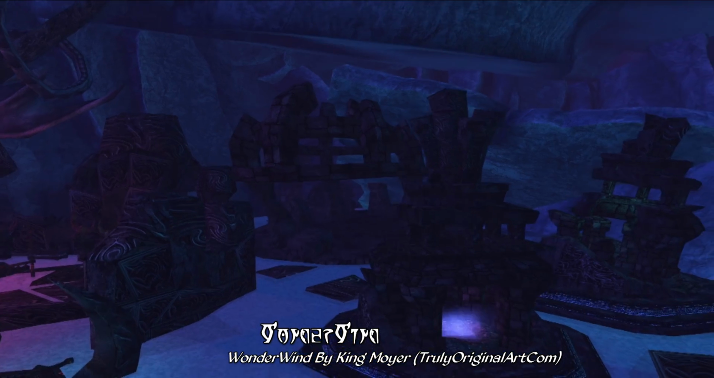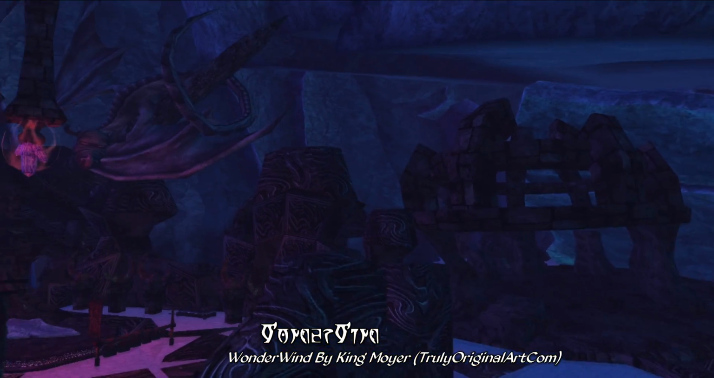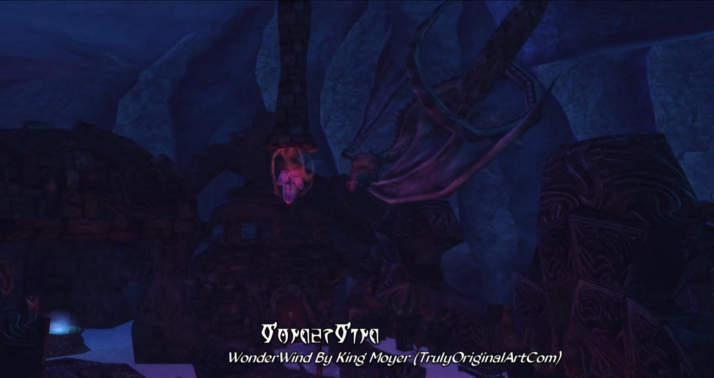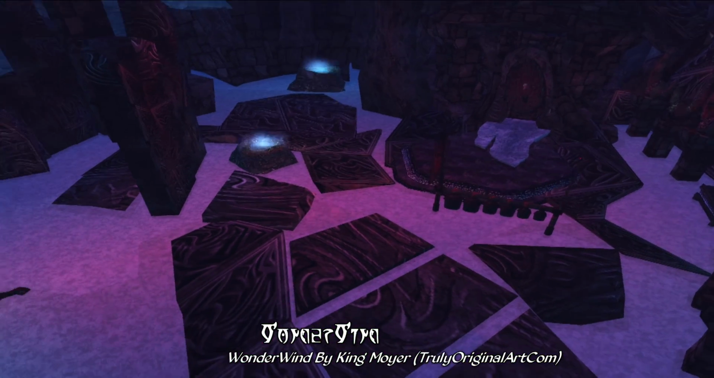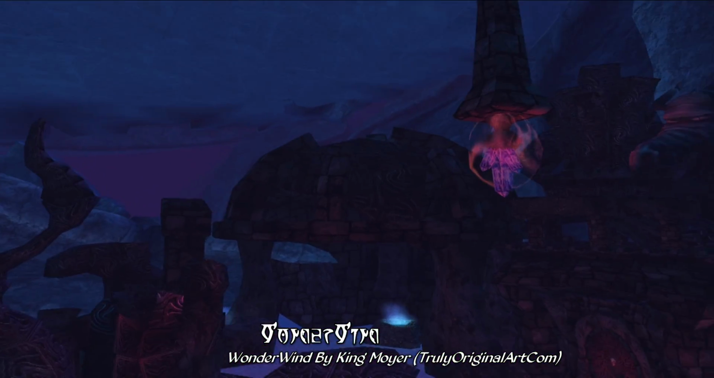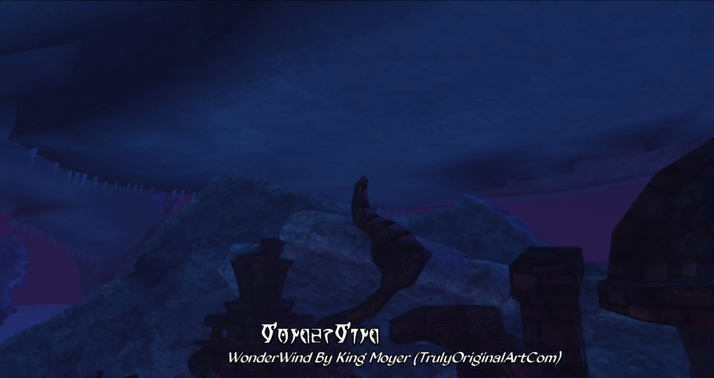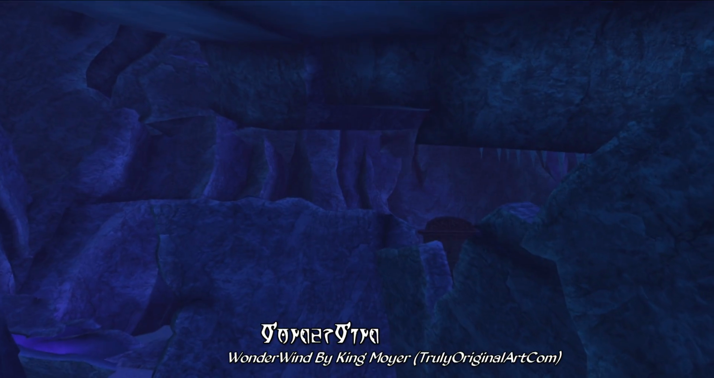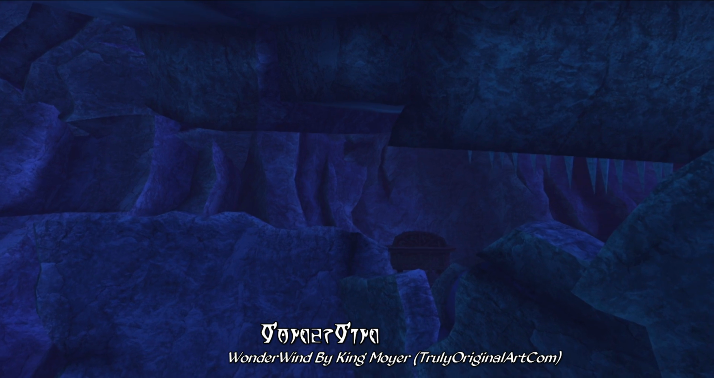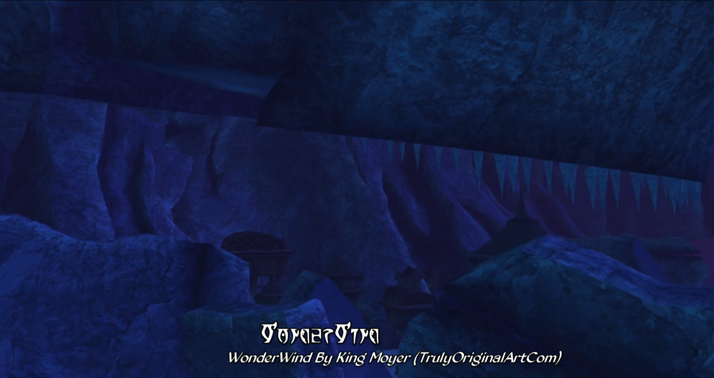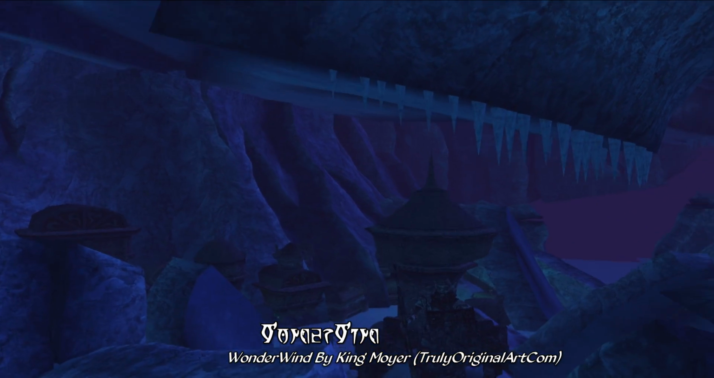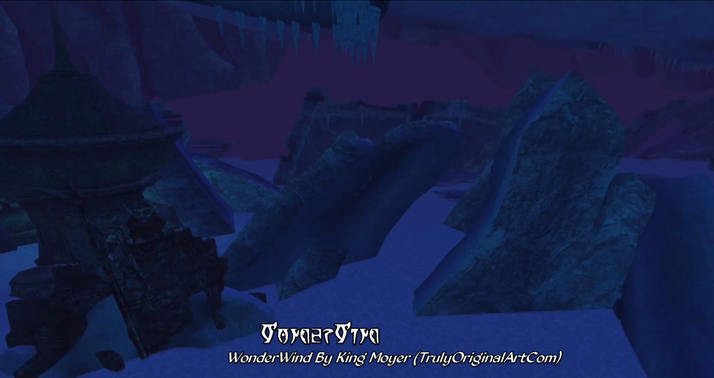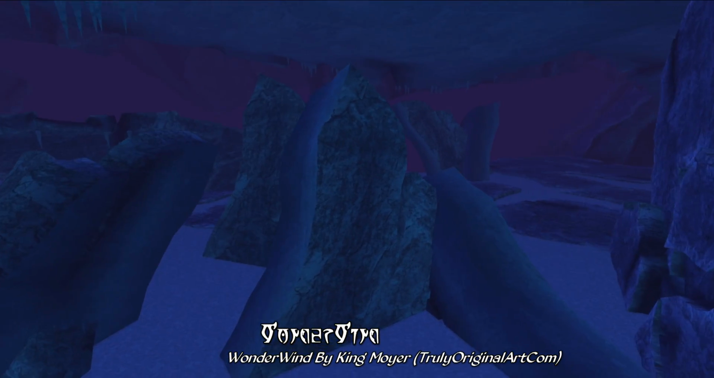Moving right along and wrapping things up, for our third and final choice for mod of the month of October, we have Wonderwind by King Moya, aka Truly Original Artcom. Now, we've already covered Wonderwind on the channel before, and it's basically a massive complex of ice caverns beneath Solstheim, where you'll find about half a dozen different types of dungeons, or so, that range from Daedric ruins to Druid towers sticking out of the ice, and it's a really very unique and well-crafted mod, with some absolutely cool concepts,